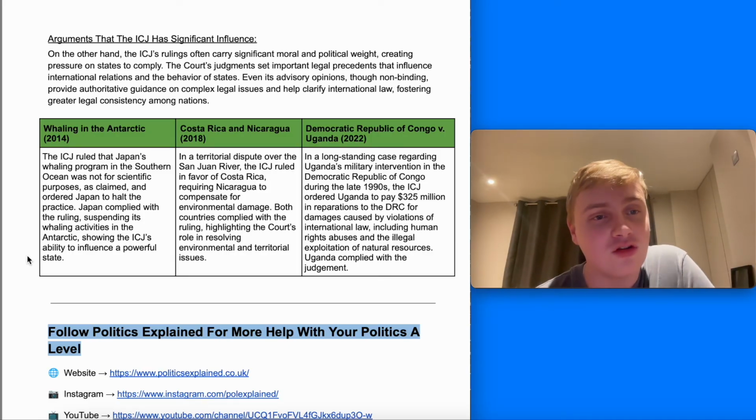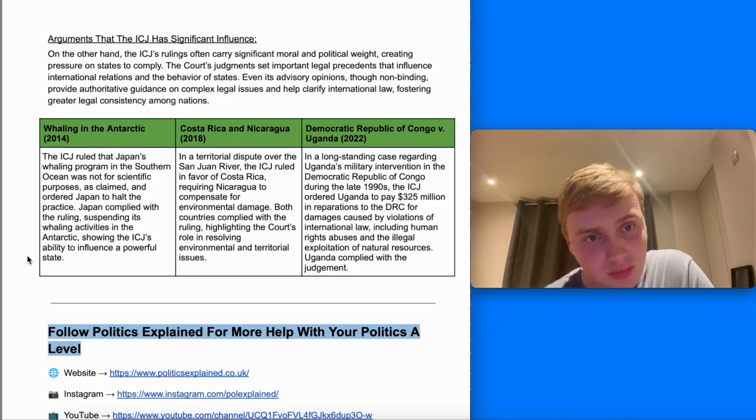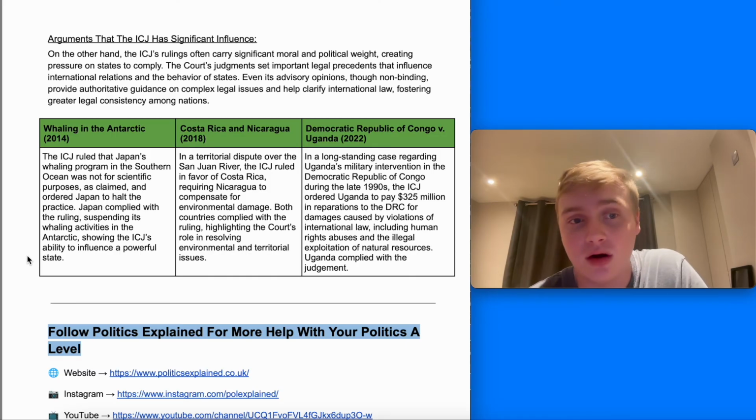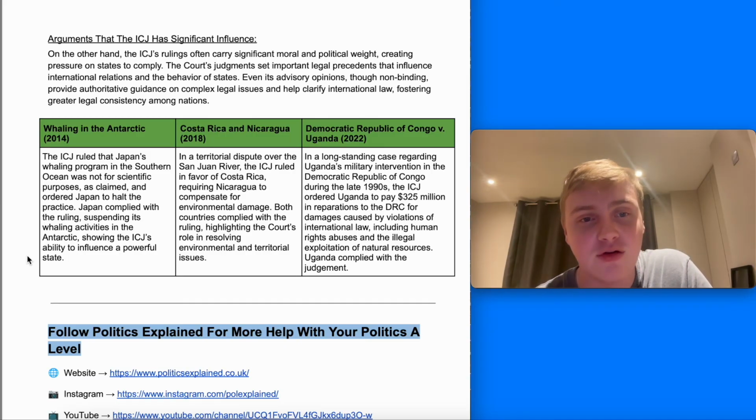For example, it ruled in 2014 that Japan's whaling program in the Southern Ocean was not for scientific purposes, as it claimed, and ordered Japan to halt the practice, and it complied with the ruling. It also settled some key disputes, such as Costa Rica and Nicaragua in 2018, where there was a territorial dispute over the San Juan River. The ICJ ruled in favour of Costa Rica, required Nicaragua to compensate it for environmental damage, which it ultimately did,